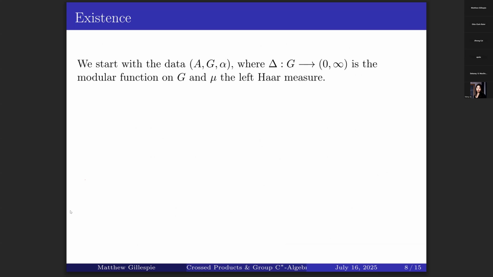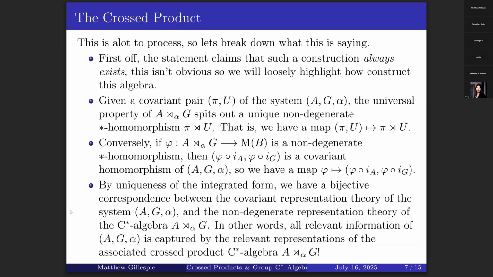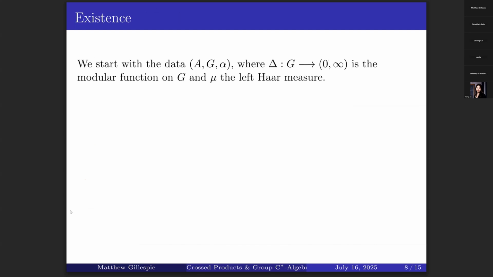So I didn't talk about this first bullet point, which is existence. To get existence of the cross product, we need to talk about some topics that you probably haven't seen in these lecture notes, at least in this generality. So it's okay if you don't quite understand what's going on here, because the proof of existence, again, when I